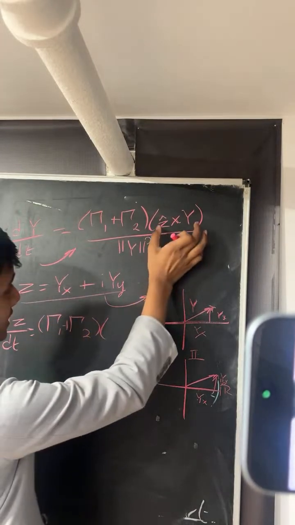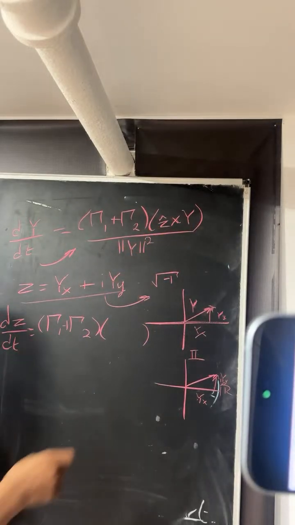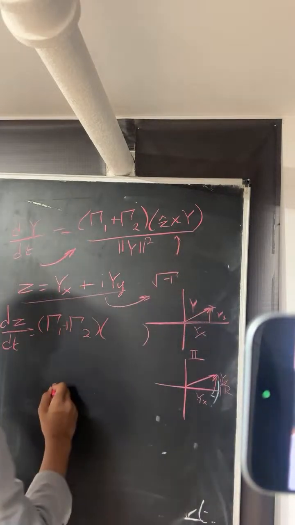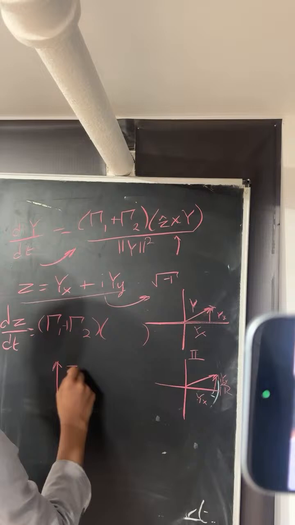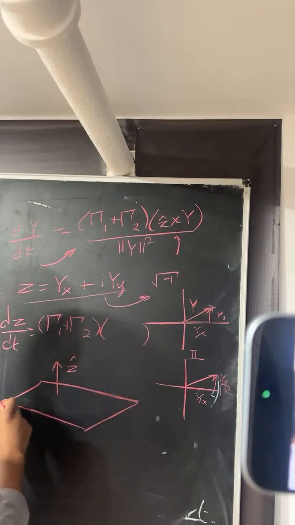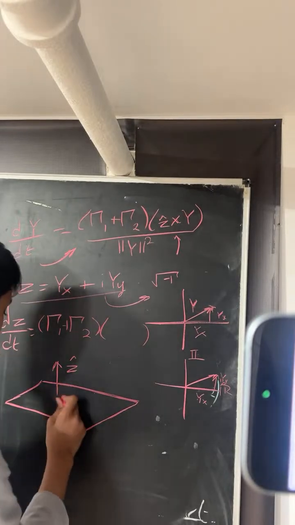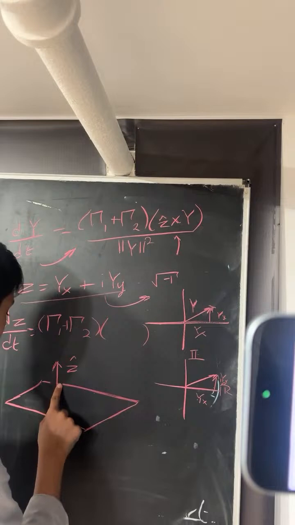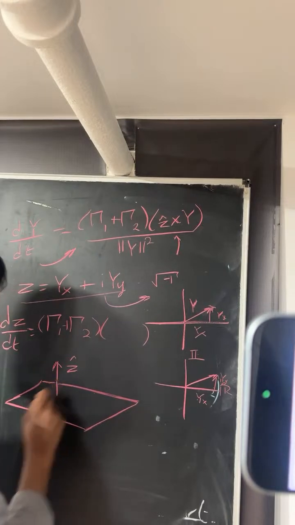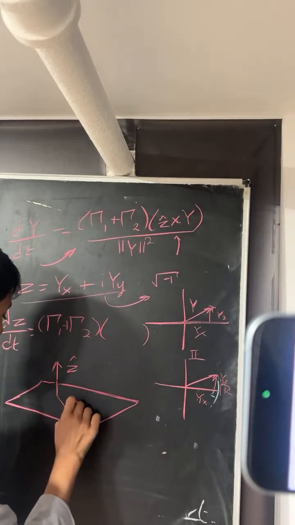And what is this going to be exactly? Well, let's think about it. If z is over here, and meanwhile y is busy lurking on the z equals 0 plane,